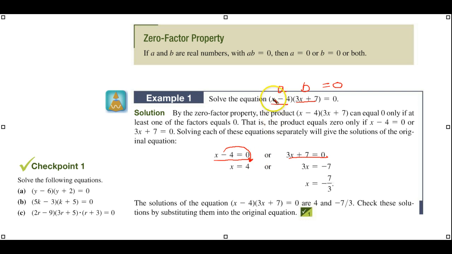Now if x equals 4 here, 4 minus 4 is 0, so that would be true. And then here we transpose the 7 to the other side. It becomes a -7, and then we divide by 3. And if we put that into this, this will become a -7 here eventually, plus 7 is 0. So it checks. Now you'll be doing practice in QuizMe, but looking at this checkpoint over here, notice these are factor, factor equals 0, factor, factor equals 0. In this case we have 3 sets of factors, and we equal them all to 0. And that's how you would find